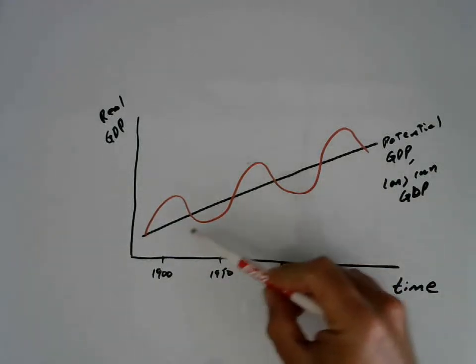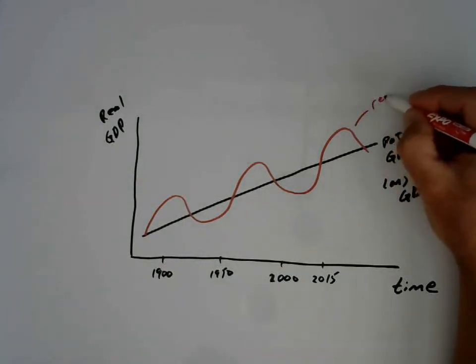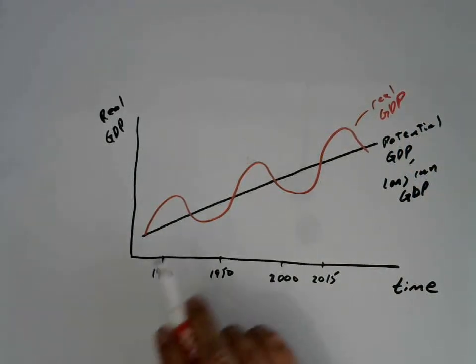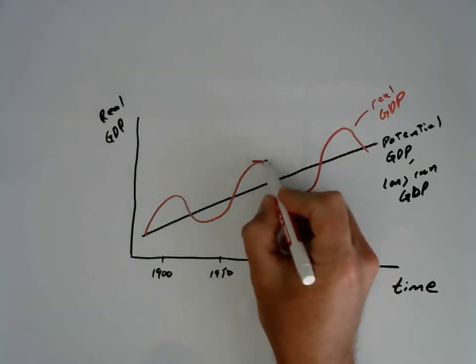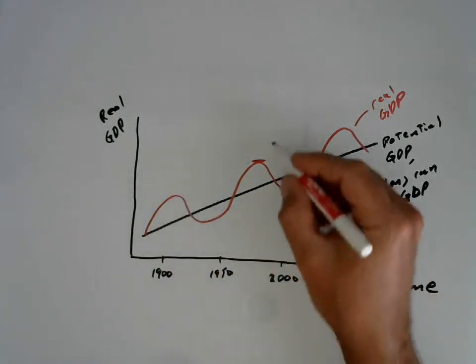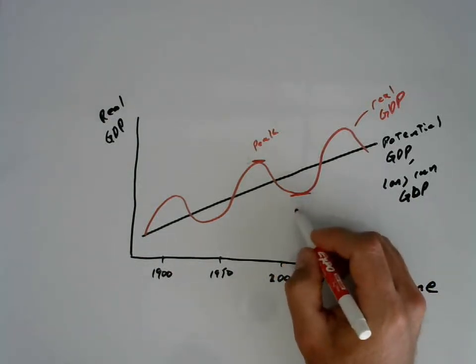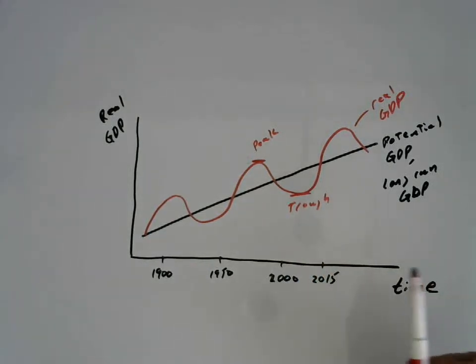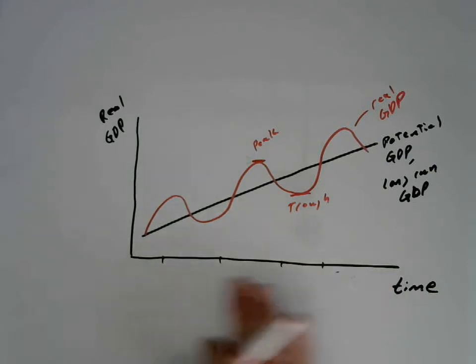But now to talk about different sections of this change in real GDP as it fluctuates around the trend. The top of this fluctuation we call a peak. The bottom of this fluctuation we call a trough. Okay, now our economy currently is expanding. Where would that be? Well, let's disregard the time, the actual years here.